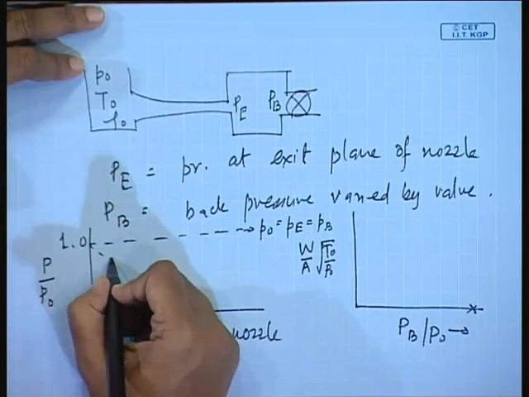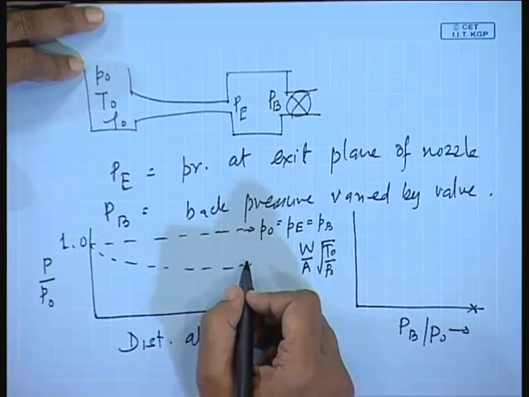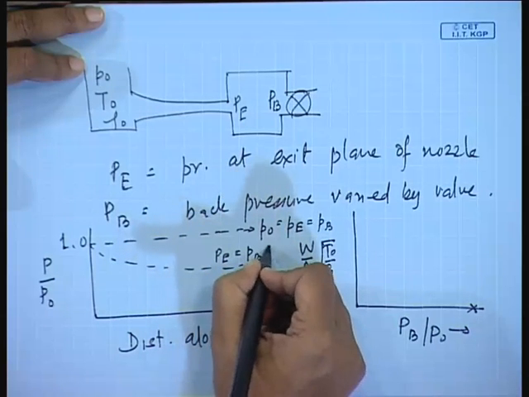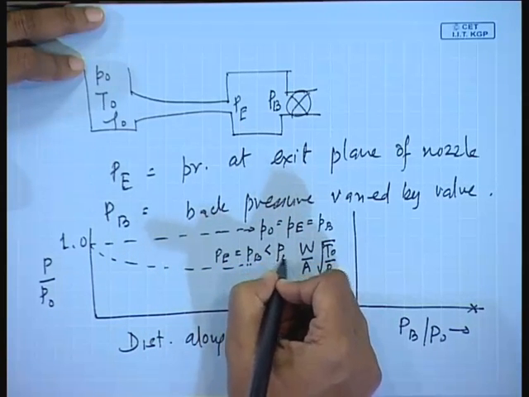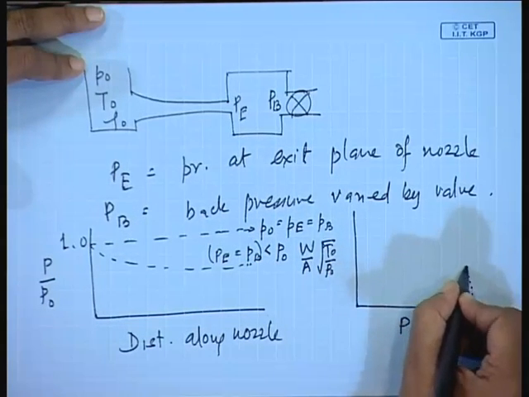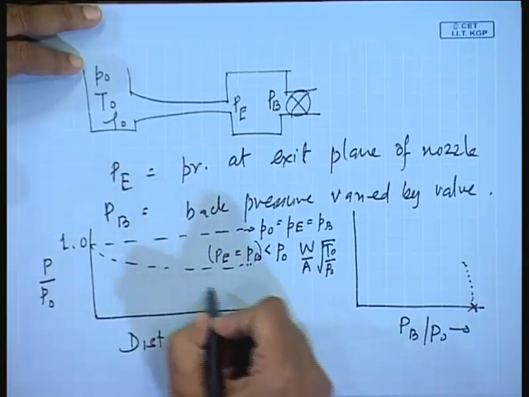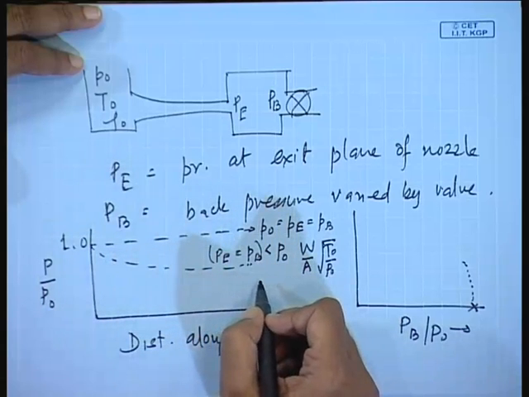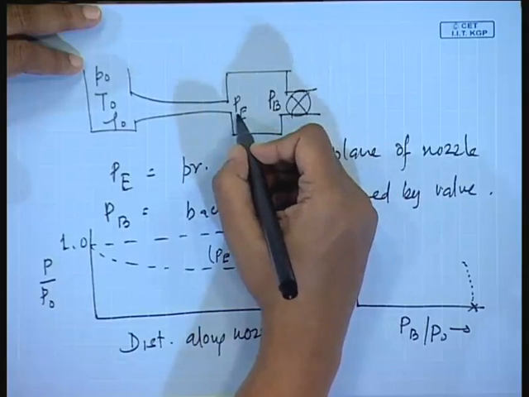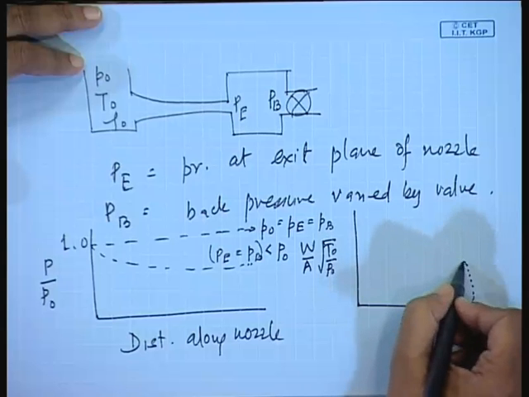Now, when this happens, we get something of this particular case, where gradually we are reducing it, and here in this case PE equals to PB and this is less than P0. Agreed? And gradually we find that the flow starts. Fine. We keep on continuing this, we find that we get reduced and reduced pressures here by keep on opening the valve. PB becomes equal to PE, and as we get such type of curves, the flow keeps on increasing